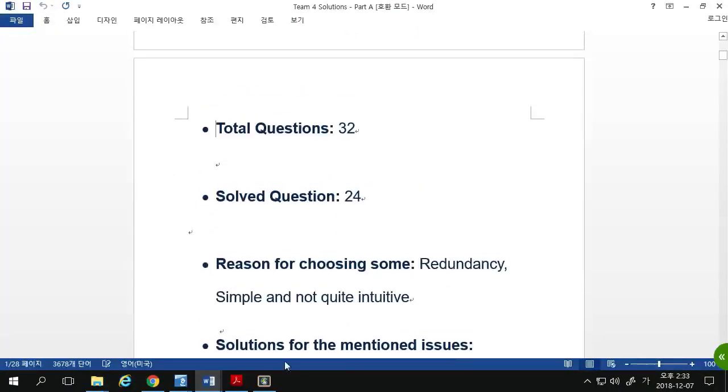At the beginning we had 32 questions. The solved questions on iCampus were 24, but since I don't have time now, I'm going to focus on the 6 most important questions. The reason I'm not going to solve each and every question is that the questions are very